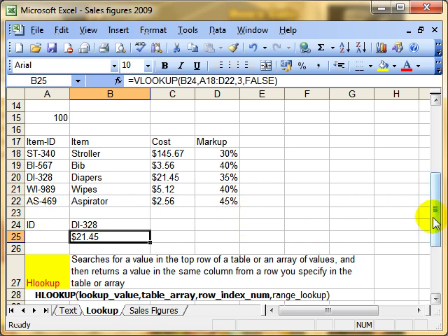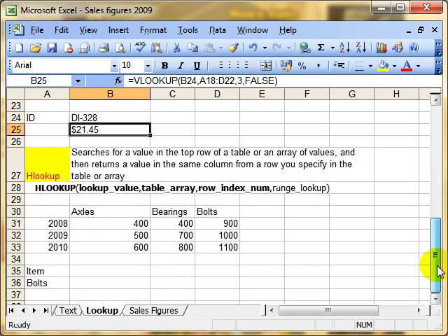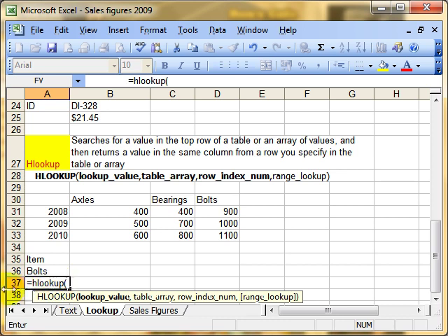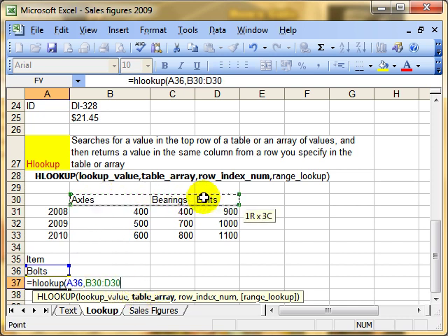HLOOKUP is identical, except it looks up the value in the first row of your data. So let's see how this works. Equals HLOOKUP, brackets, with the same values. Where's the value that we're looking for? I'm actually going to type it here. So A36 has got my value in it, comma. Where's our data? Don't forget to include row 1,